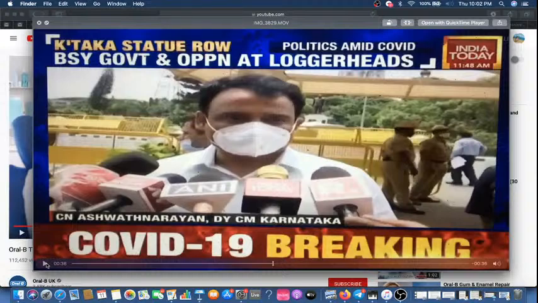There's a problem there, because even if the funds were allocated earlier, in last year's budget, the contention was that the whole state is saying we don't have money, we don't have hospital beds or whatever. So even if the money was allocated last year, why is it still not being used? A very simple counter argument can be presented: fine, it was allocated last year, but how does that still make sense? It was allocated when there was no pandemic. Now there is a pandemic and the situation is very bad. So how is this statue still a priority, right?